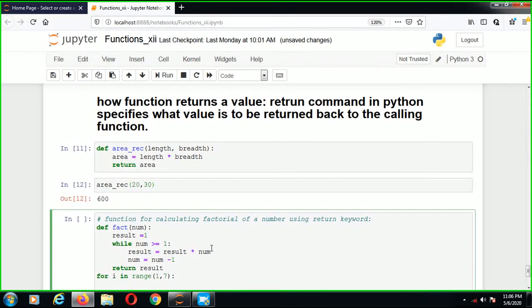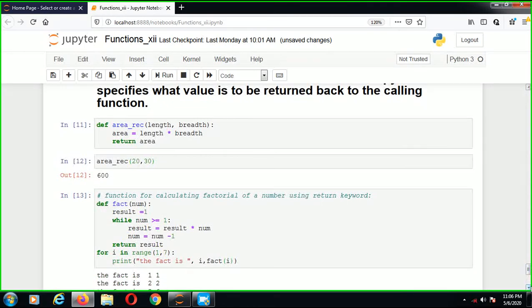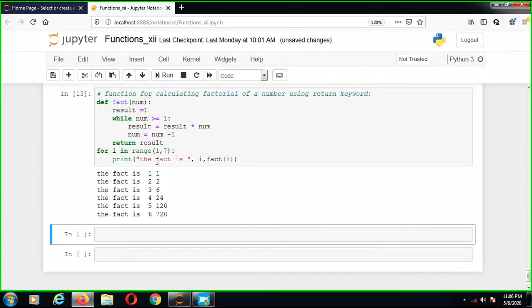Okay, and now the print command is here, and we use print i comma fact of i. Now execute the function and you can see the output. Okay, 1 is 1 and 2 is 2. Now 3 is 6 and 4 is 24 and 5 is 120 and 6 is 720.